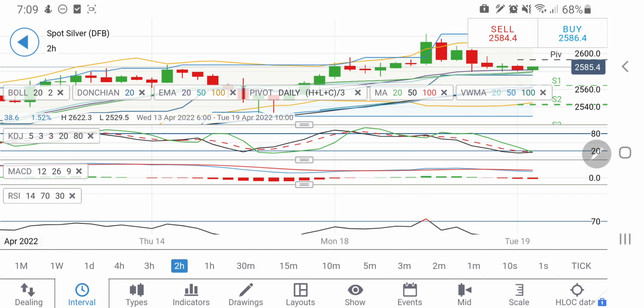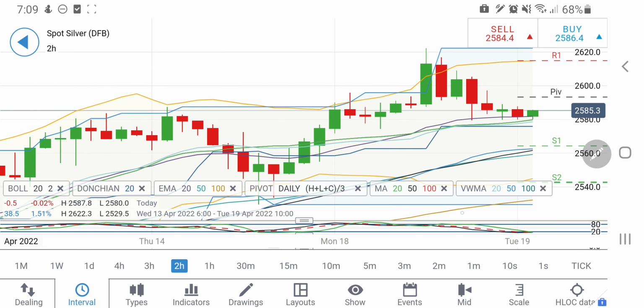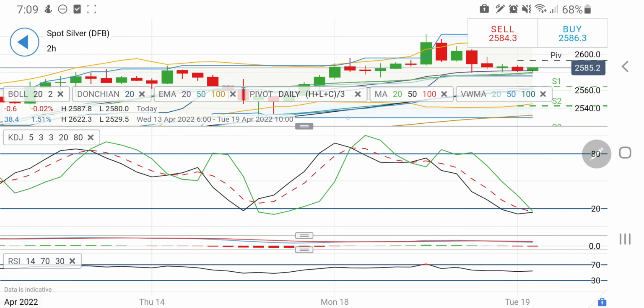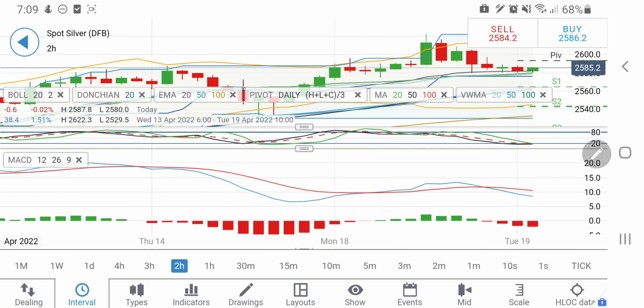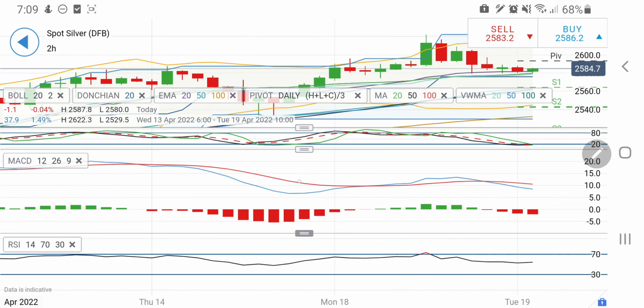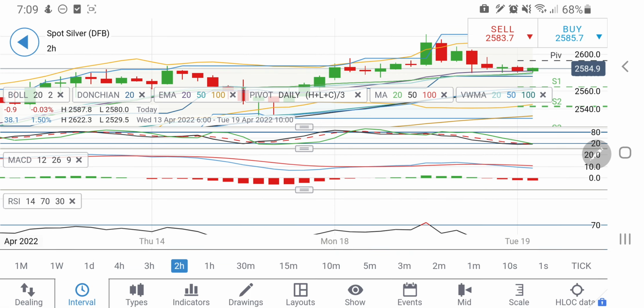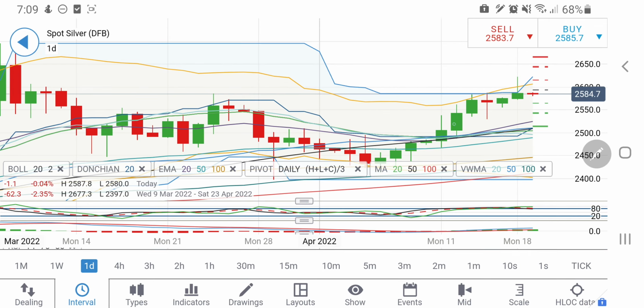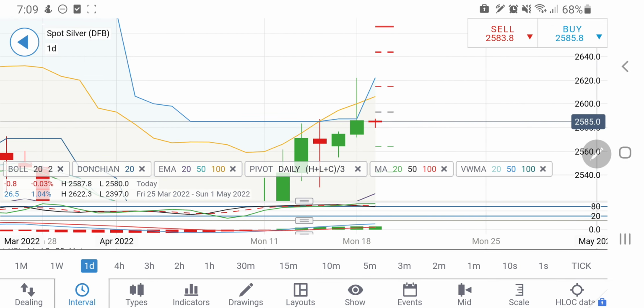On the 2-hour charts, if you look at the 2-hour charts, it is oversold, and yes, same phenomena on the 2-hour charts as well, getting the support at 2580. Silver trying to rise from here. Oversold, sell side, MACD white divergent, and RSI is at comfort zone. Coming back to the daily charts here. Now look at the daily charts.